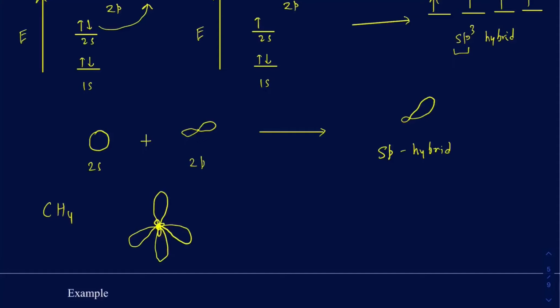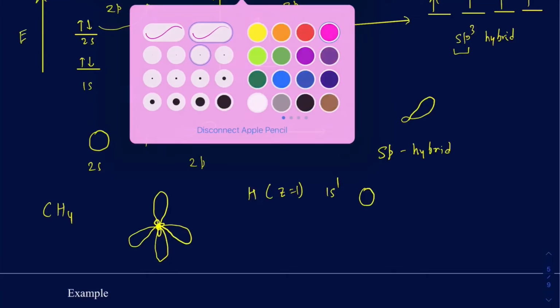Okay, and then remember your hydrogen, which has an atomic number of 1. It's going to be 1s1. So what it really has is the sphere. So it's got 1 orbital that's sphere in shape. So if I change the color of that,